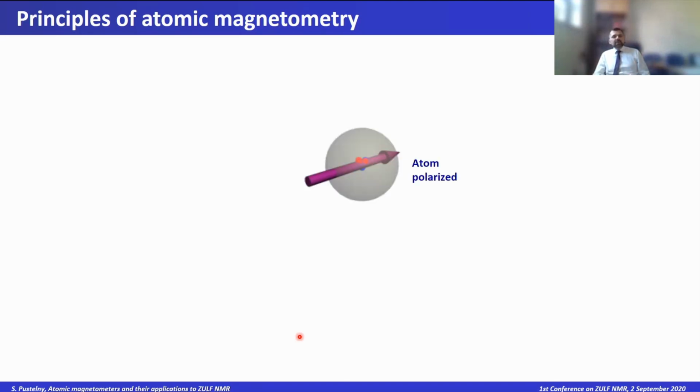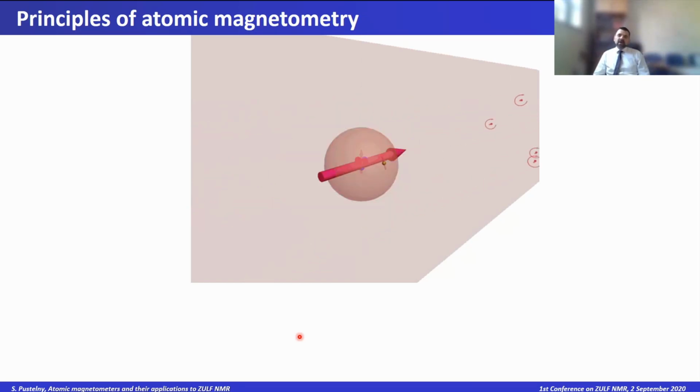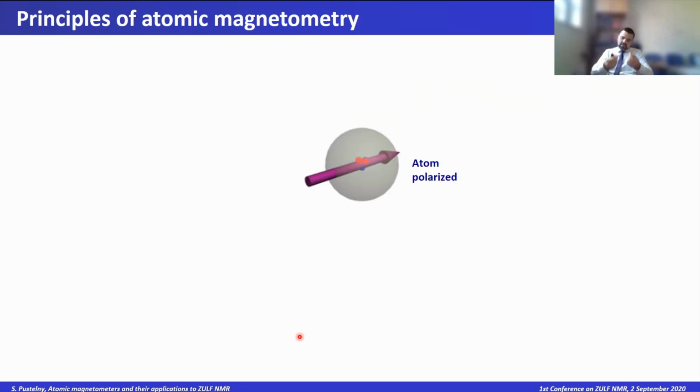So in particular, what you are seeing in this picture is that these photons, which look like these C-shaped elements, are circularly polarized, which means that the projection of their angular momentum onto the quantization axis is along the light propagation direction. So now when an atom absorbs light, it is excited, but also angular momentum projection is transferred to the atom. So now you break the symmetry between all the orientations, and your direction is perfectly determined, or at least on average it's determined.